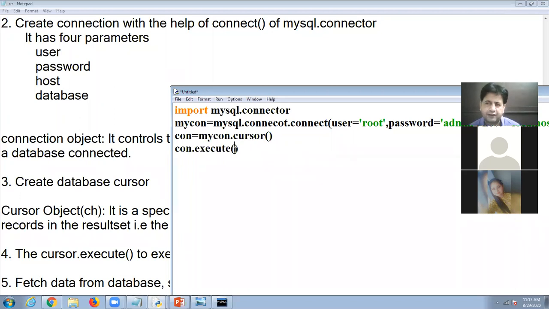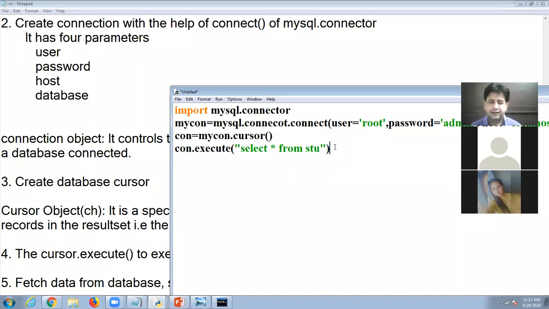Suppose I want to get the data from the database, then the select query is used. So in double quotes: select star from. Now in my database the table name is stu, double quotes close, bracket close. Now the query will be executed.